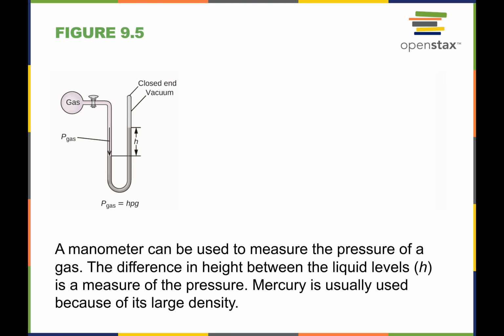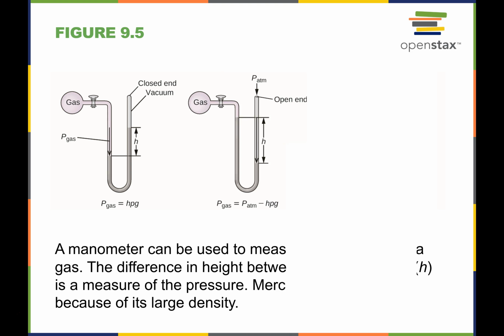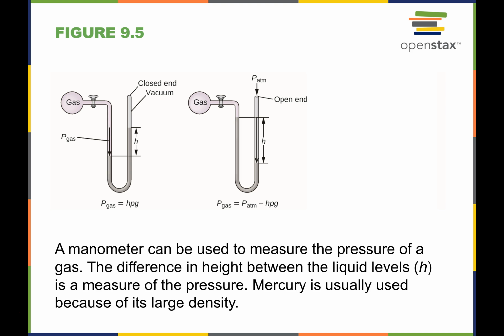All right, so here's another scenario. Notice you can't tell the difference, but they've marked it. So this one's open to the atmosphere. And in this case, again, we have our gas pushing on our mercury. Okay, assuming that's a positive, not a negative pressure here. And in this case, actually, the fact that they're equal,